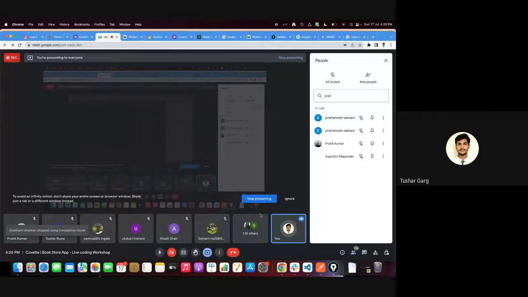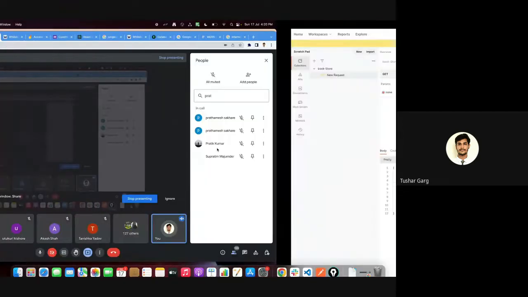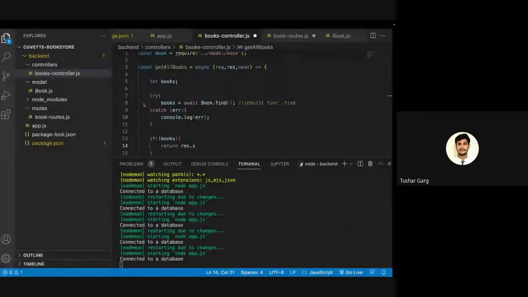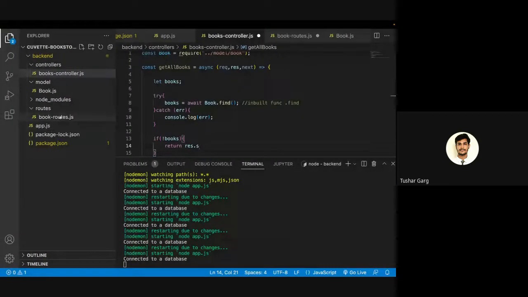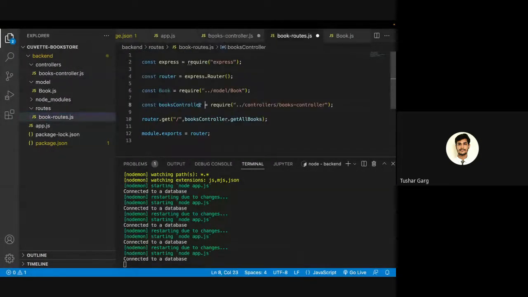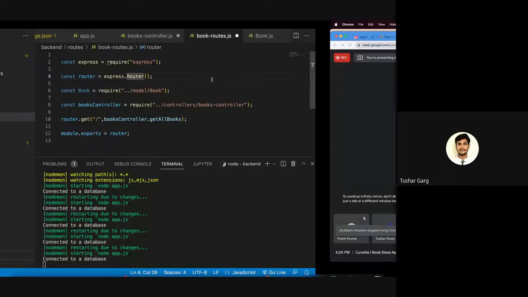Okay. So what we were doing in the routes part, guys, I'm really sorry why this is happening. What we were doing in the routes part was simply helping to create a connection between the model, whatever the model is, and the between the model and